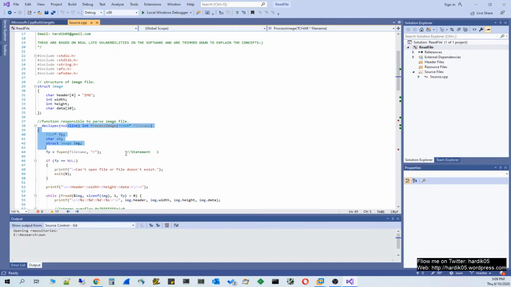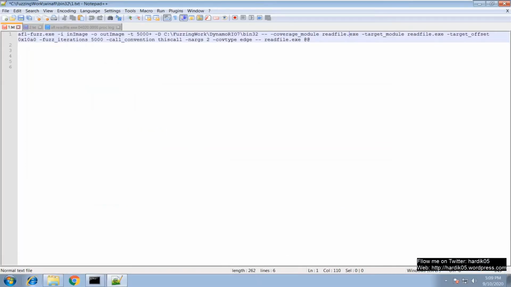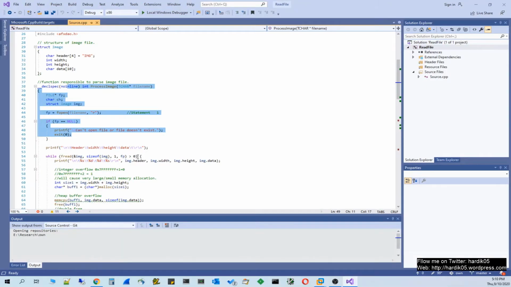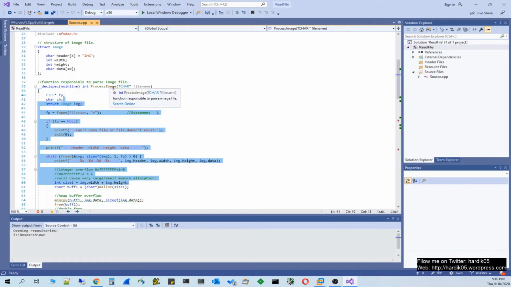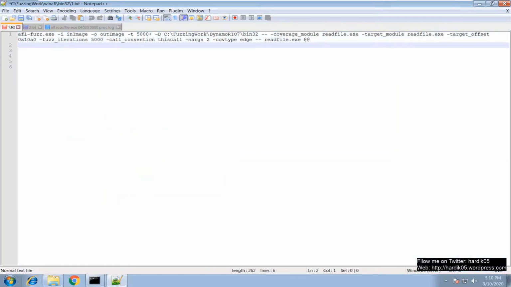In that case, all the file parsing related stuff will happen inside that DLL, so that will become our coverage module, because we actually want to fuzz that DLL, and this simple program we have written is just calling that DLL function. So this program is called a harness, and the coverage module will be read file.dll.